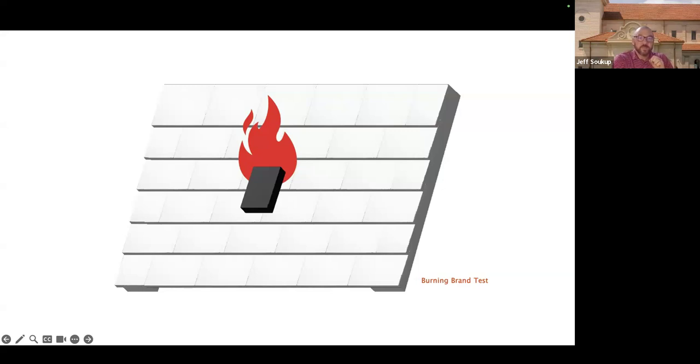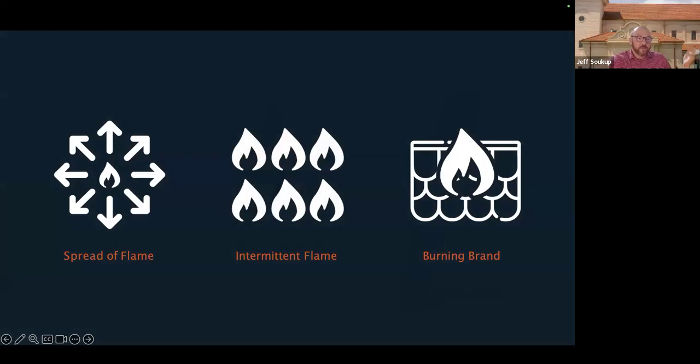This image right here is of the burning brand test. So this test, we take a satchel of burning wood, throw it on a roof, and see what happens. Does the roof catch on fire? Does it make its way all the way to the deck? How badly is it? And using that coupled with your spread of flame test and the intermittent flame test, we